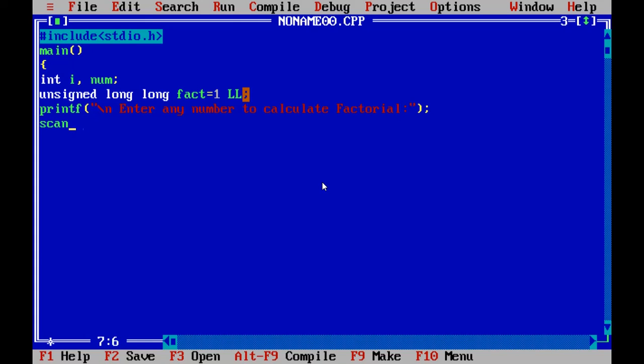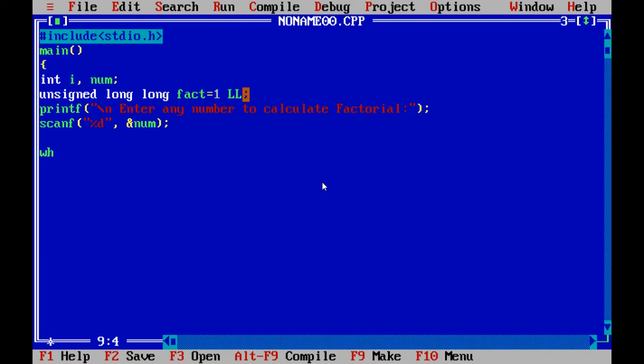Scanf, to read the data, we use the scanf function. %d, to read the integer number, we use %d, and store that number in the num integer variable.